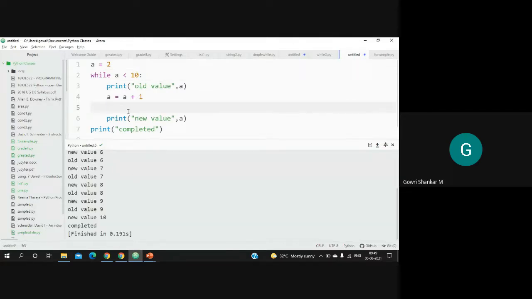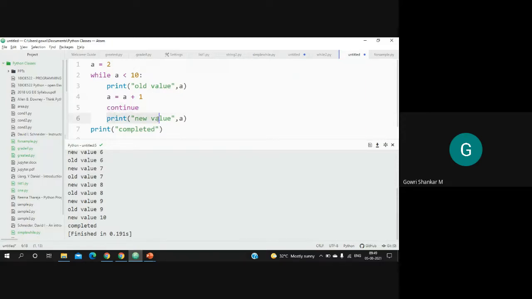It is printing the old value, incrementing, printing the new value of A, and again going to the while. Again printing the old value, incrementing, printing the new value of A. Again you go here, check the condition, print the old value, execute A is equal to A plus 1, print the new value. This is what is happening. If I use a continue here, now what will happen? It will skip the statements that are after this continue.